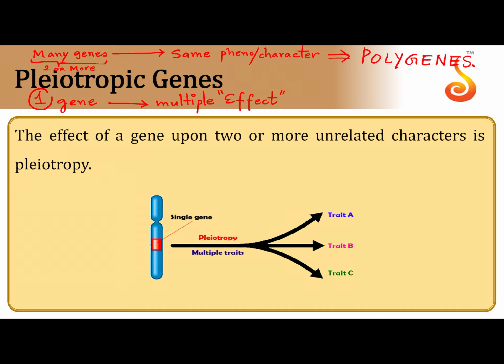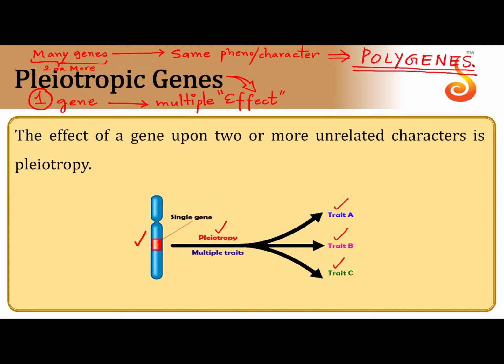But here we have only one gene. I want you all to focus on pleiotropy, but to create a parallel, I have showed you what polygenes also are. Now you can clearly distinguish between polygene and pleiotropy, how they are different from each other. Coming back to pleiotropy, one particular gene has more than one effect. So here you can see there is a single gene located on the chromosome, and it produces a gene product, and this exhibits pleiotropy because it has its control over phenotype A, phenotype B, phenotype C.